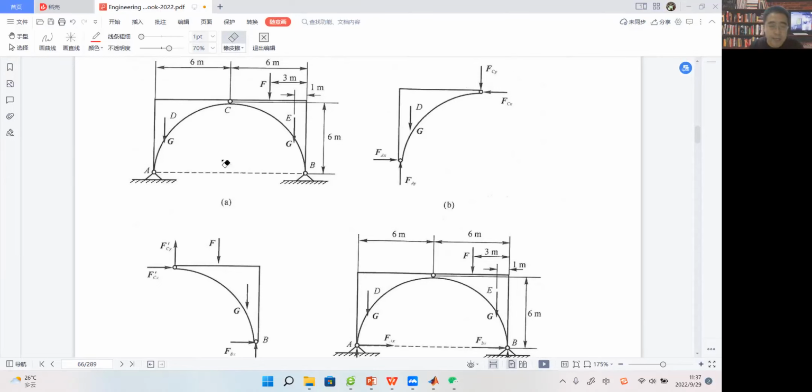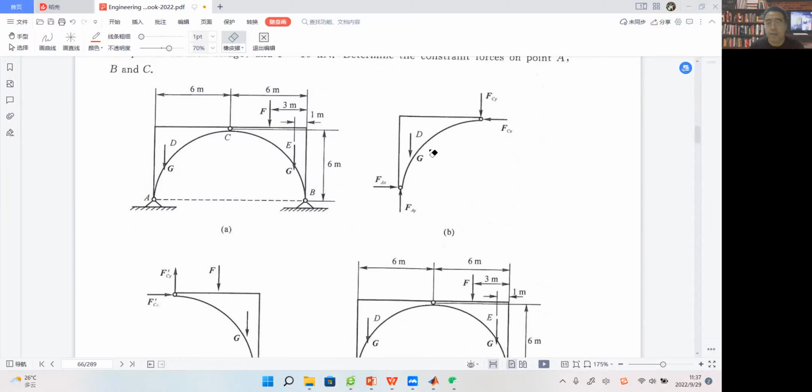Actually, it has a constraint at point C and point A. So we should first remove these two constraints. Second, we should give the reactions accordingly. You see? So that's the force analysis of